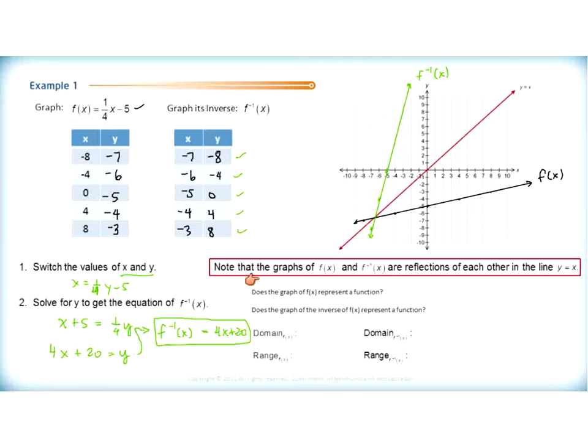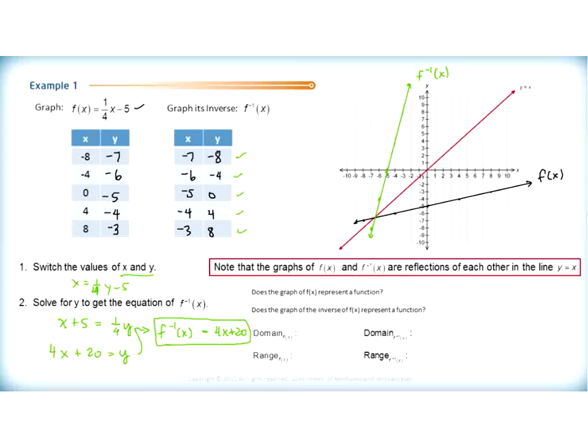Does the graph of f of x represent a function? Here's the original function, f of x. Does that represent a function? Yes, based on our definition of the vertical line test, it certainly does. Does the inverse represent a function? Yes, it does. I can draw vertical lines as many as I like, and they will only intersect that graph